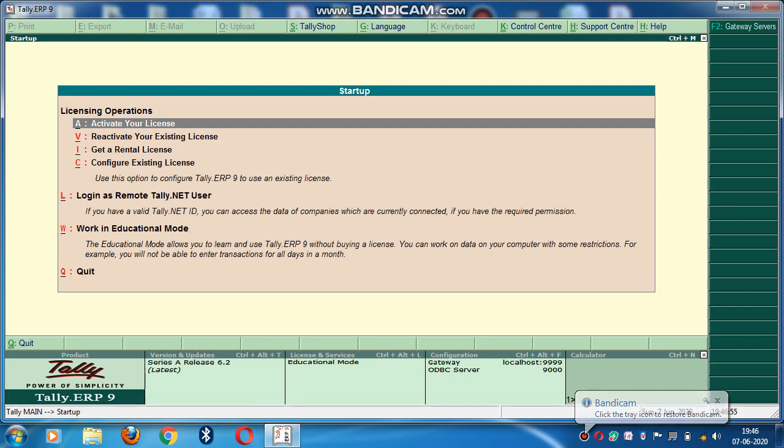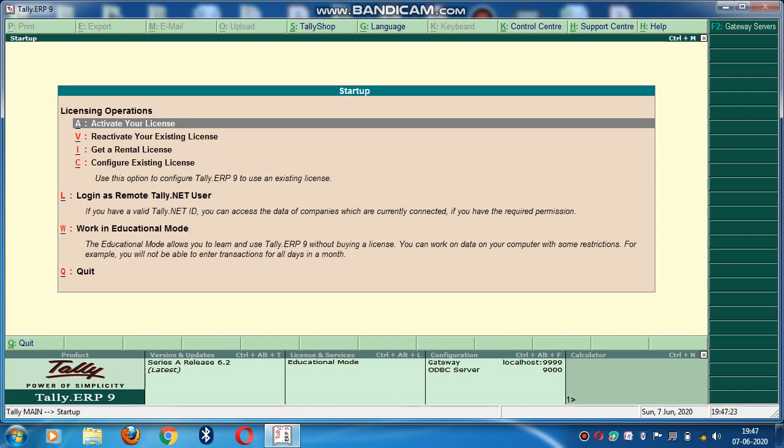In the previous sessions I taught you how to create a single ledger. But today I'll teach you how to create more than one ledger, or a bulk of ledgers, at one time. There's an option where you can create more than one ledger at a time, in one shot.